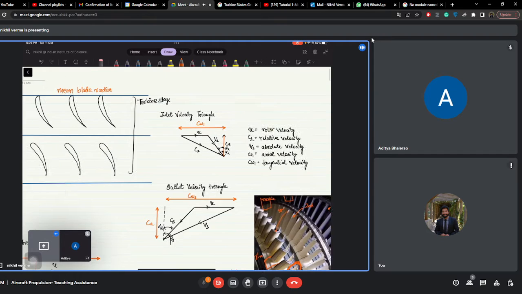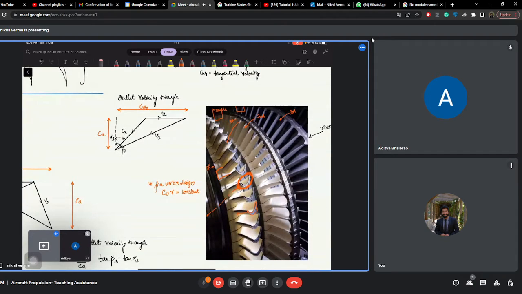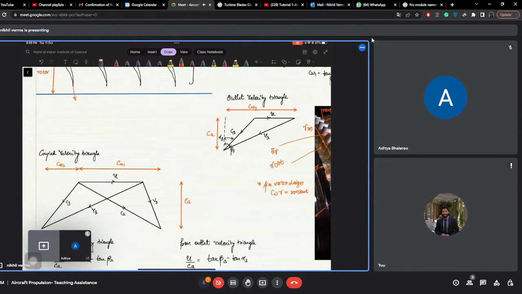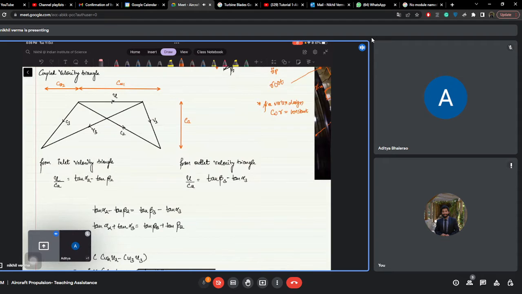The mean blade radius is somewhere in between these blades, right? So this is your RM, what we know as RM. The bottom part is your root, and the top part is known as the tip. So this is how a velocity triangle is